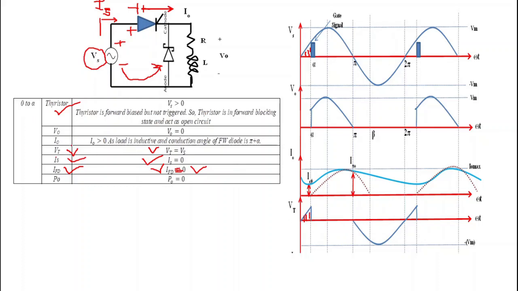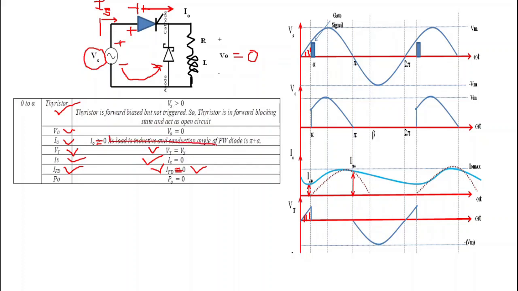Okay. Now what is the output voltage V0? When this thyristor is an open circuit and this diode is also an open circuit, we get voltage V0 equal to 0 because no current flows in this circuit. That's why I0 is also equal to 0. Actually it is shown greater than 0, but that is for continuous conduction mode. I will cover continuous conduction mode in my upcoming slide. So for discontinuous conduction mode, I0 is equal to 0